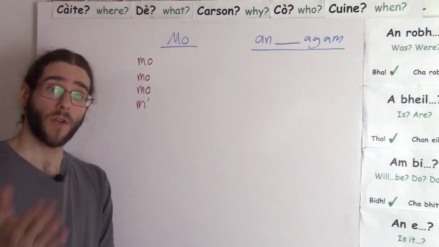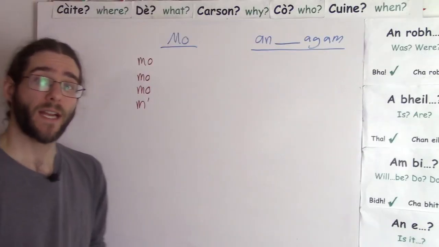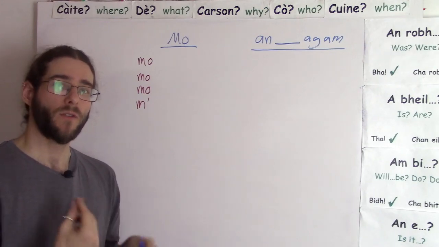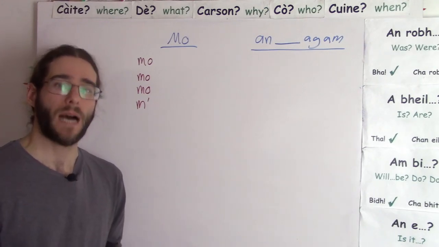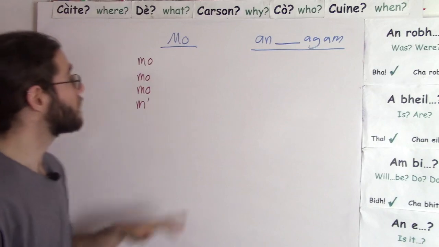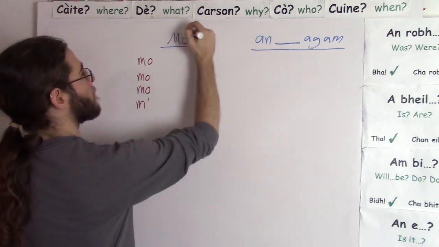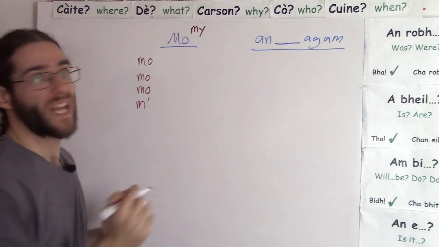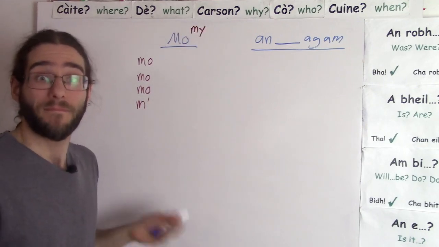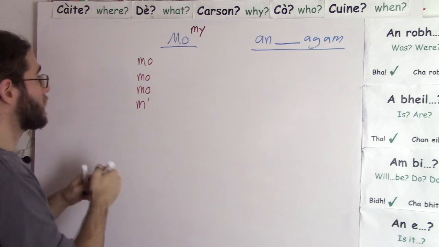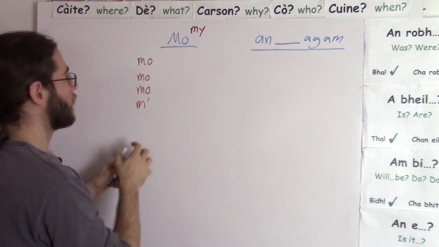Hello, la marut. Let's sharpen the accuracy of your Gaelic by looking at the two different ways to say my. First of all, we have mo. You've probably seen this before, mo. And it's pretty much just my, mo, mo. So we could say mo,